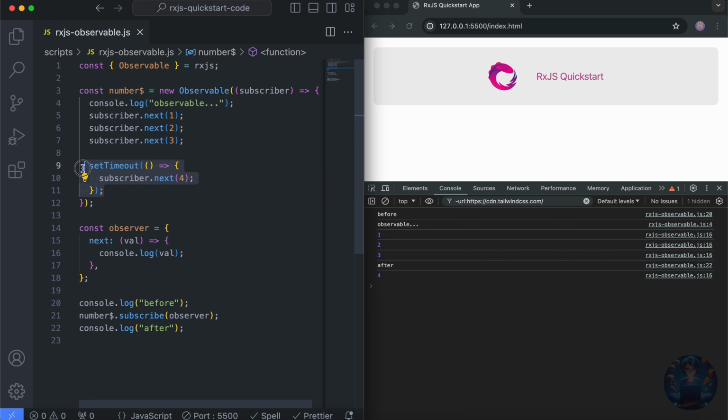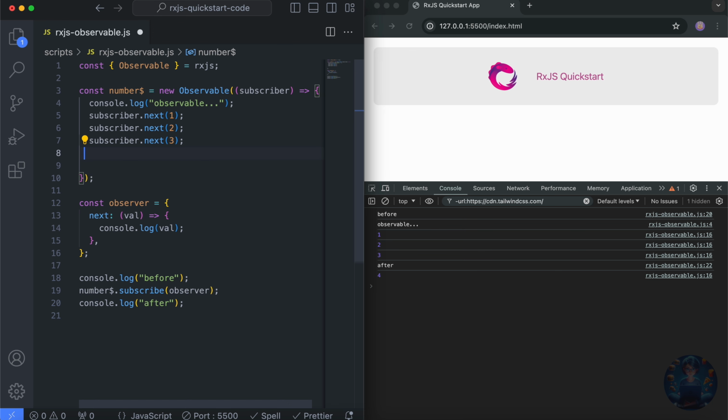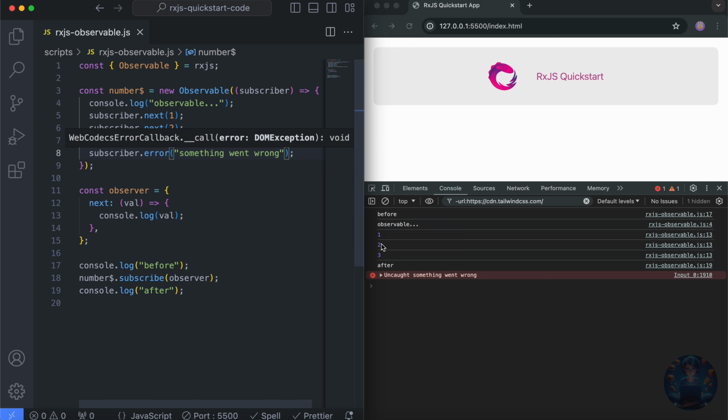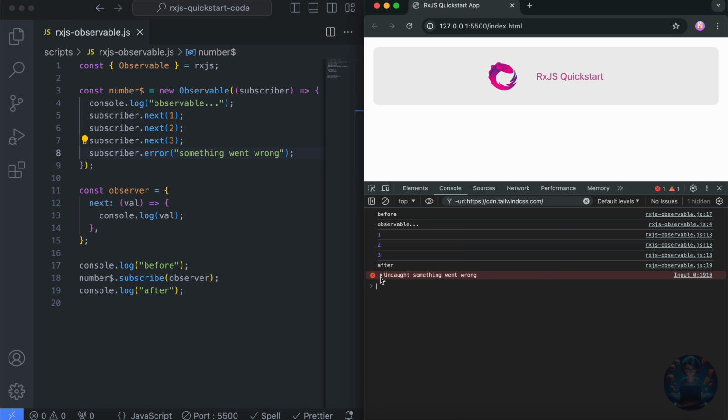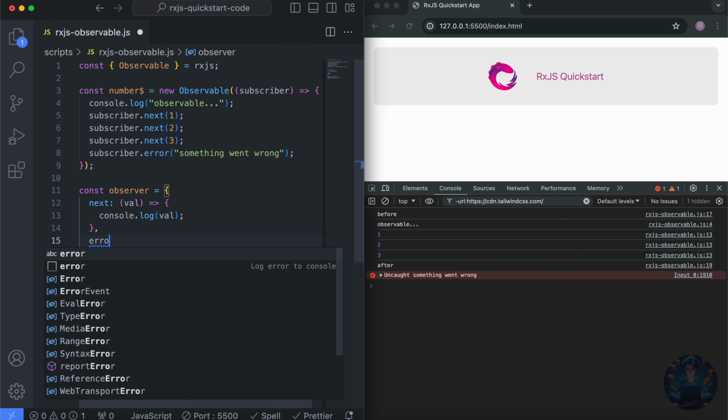What we'll do is, we'll just remove this and instead write here subscriber.error. For now, we'll just pass a simple string, something went wrong, and hit save. As you can see in the console, we get an uncaught error because we do not have a handler for it inside our observer. To handle it, what you have to do is write error.